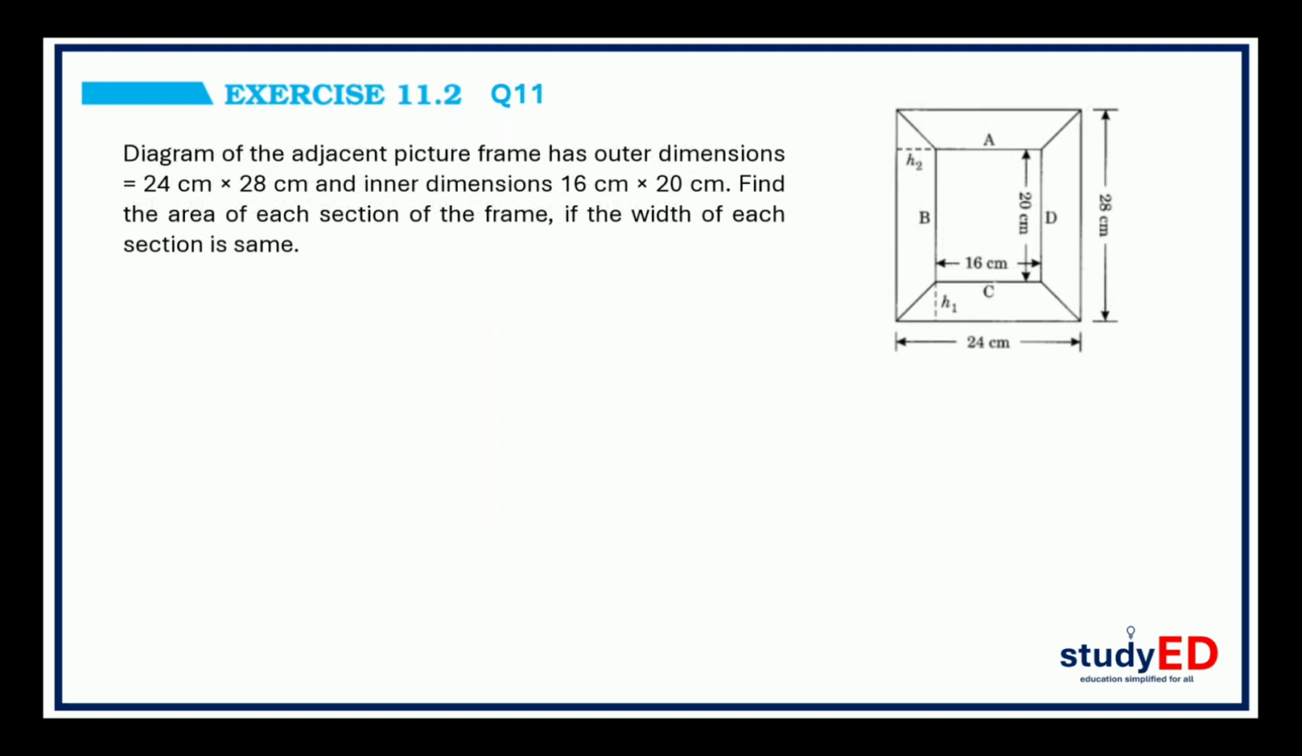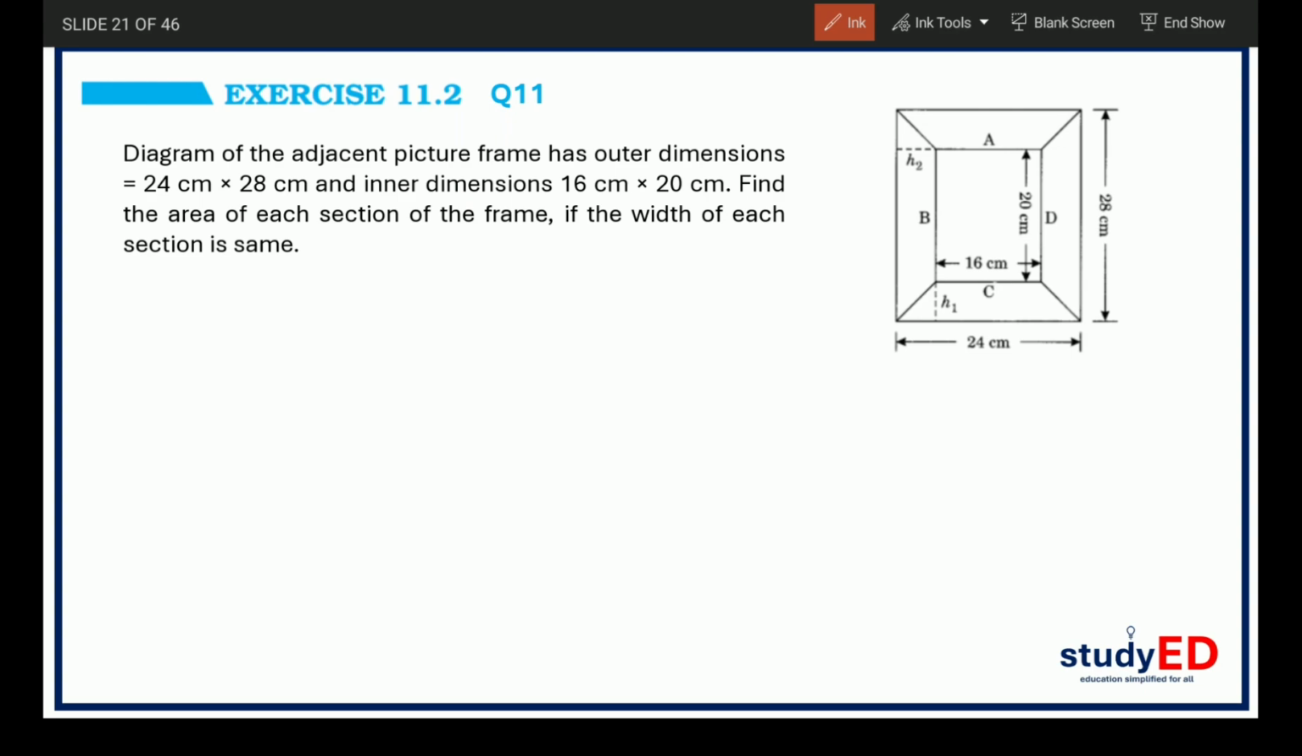Let's now move on. The adjacent picture frame has outer dimensions 24 by 28 centimeters and inner dimensions 16 by 20 centimeters. Find the area of each section of the frame if the width of each section is the same. Now we have to calculate the area of each section of the frame, and the width of each is also the same. Now we'll calculate height 1 and height 2 over here. They are unknown values because the width of each section is the same. So h1,